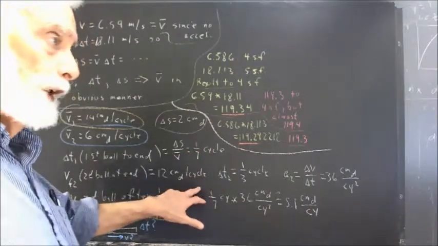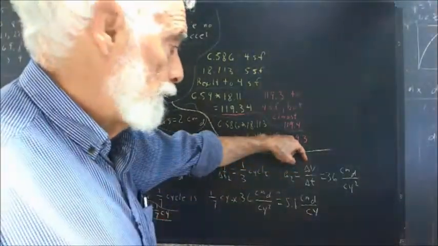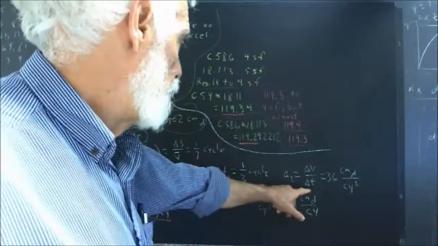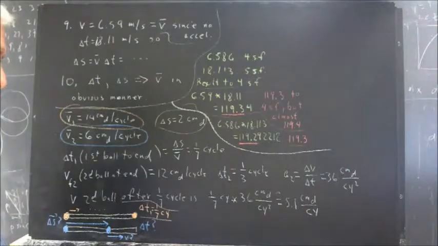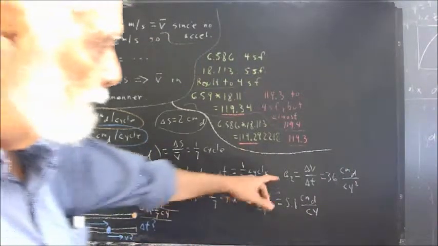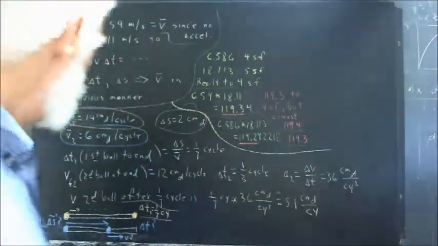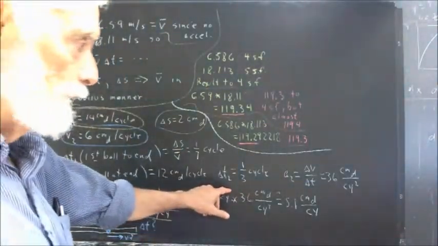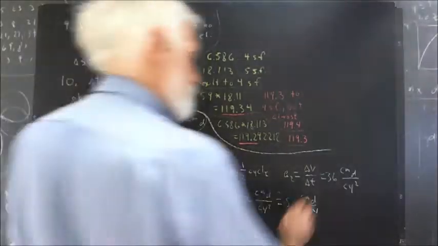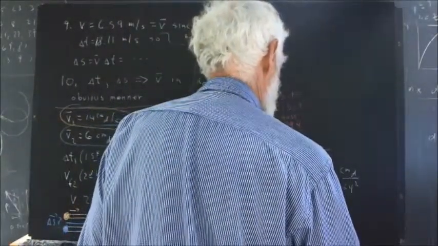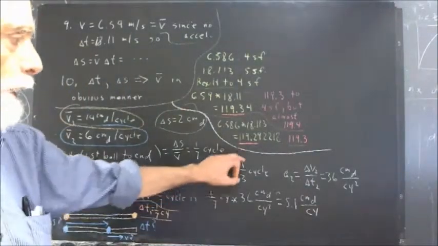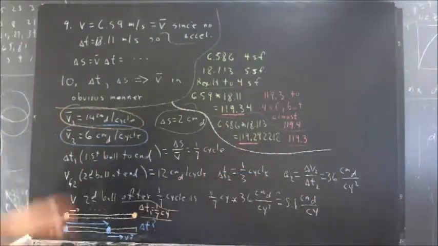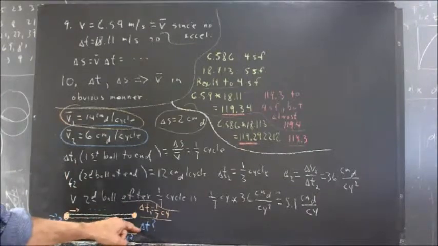We've got the final velocity, and that's going to equal the change in velocity. We need to find the delta t. Well, we have the delta t. We're calculating the acceleration. The delta t all the way to the end is going to be 1/3 of a cycle. So let me put the subscripts on this. Okay, so delta t2 is the 1/3 of a cycle it takes for this ball to reach the end of its ramp